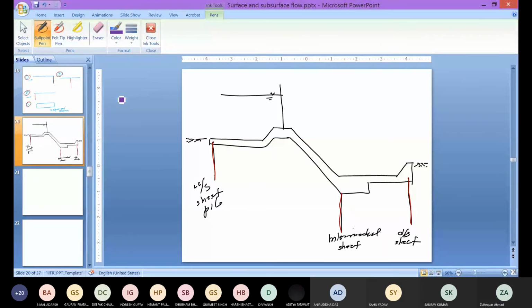यस सर. हाँ, तो अगर आप मेरी आवाज सुन रहे हैं तो सबसे पहले इसमें हमें ये करना होगा कि जो थिकनेस है, उस थिकनेस को खत्म करनी होगी. हमें इसको नेग्लिजिबल थिकनेस पे लाना होगा. तो नेग्लिजिबल थिकनेस में लाने के लिए अक्सर जब स्ट्रक्चर्स होती हैं तो उसका अपर प्रोफाइल सरफेस फ्लो के हिसाब से फिक्स की जाती है. ठीक है, तो मेरा अपर प्रोफाइल लगभग फिक्स्ड है. तो मैं सबसे पहले इसकी थिकनेस को खत्म करूंगा, राइट? यानी हमने ये एज्यूम कर लिया कि ये नेग्लिजिबल थिकनेस का है. तो नेग्लिजिबल थिकनेस का करने की वजह से मेरी लाइन ये हो जाएगी.